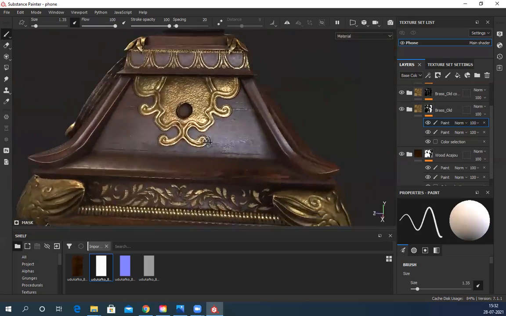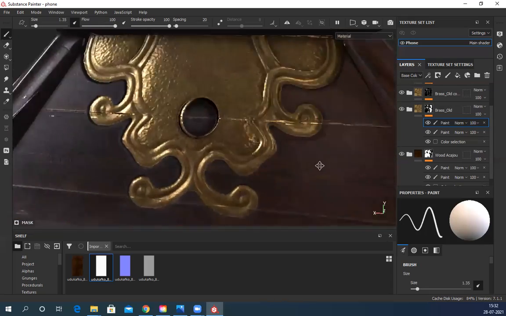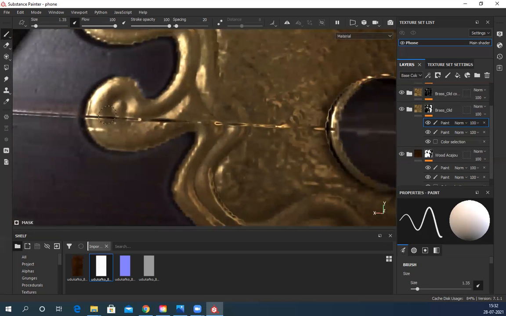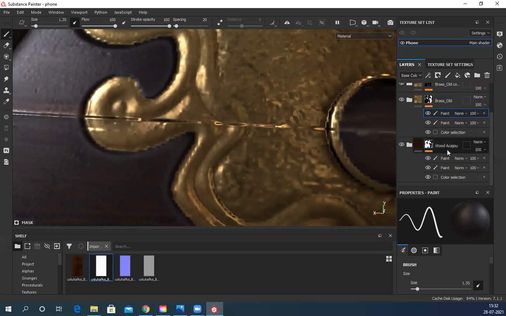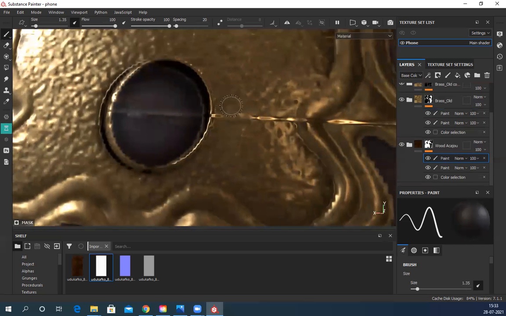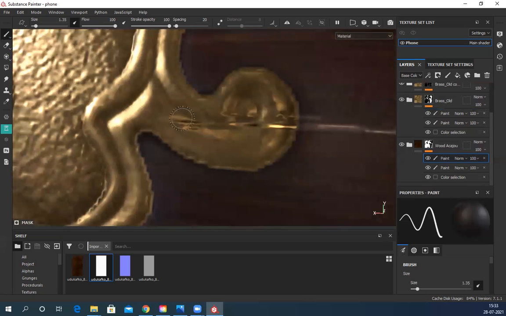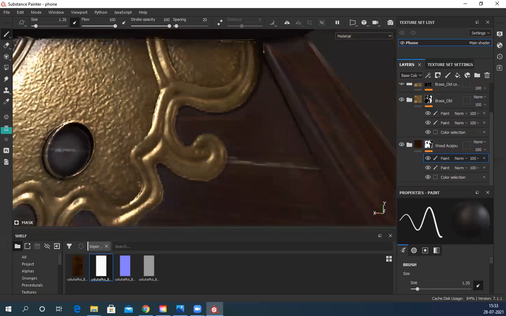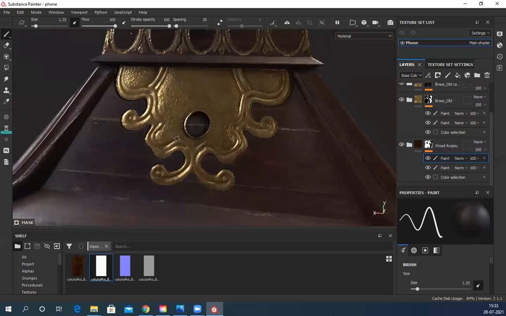Right now it's completely two separate things. Same thing I can do for this as well. So Substance is basically all about masking. The better you understand how masks work, the more you can create everything within Substance.